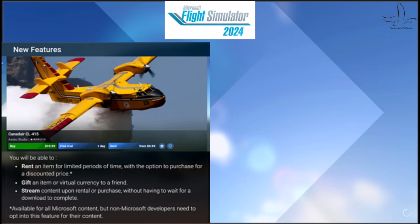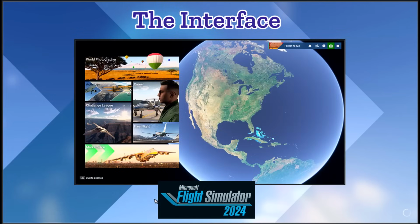I've zoomed in. Rent an item for limited periods of time. What we saw on the presentation was like 1 day, 3 day. 1 day was $1.99 with the option to purchase for a discounted price. Gift an item or virtual currency to a friend. Stream content upon rental or purchase right away without having to completely download it. Kind of amazing when you see that. The whole rent and gift thing,